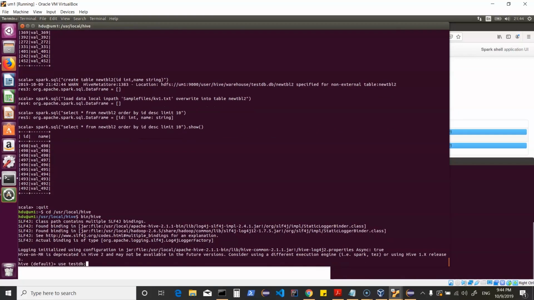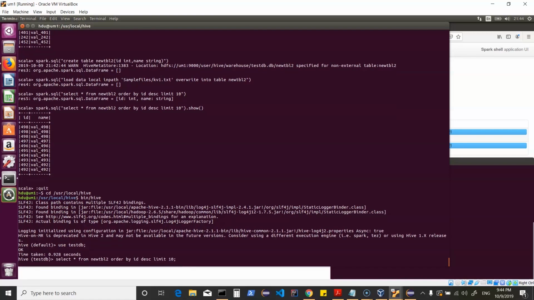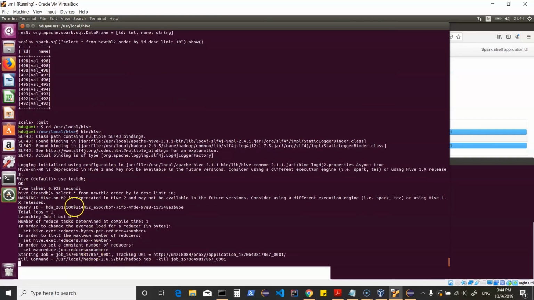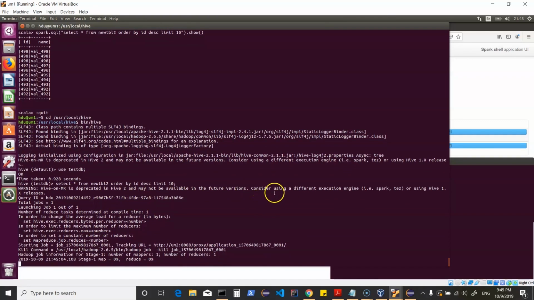So I can do use testdb, and if I say select star from new tbl2 order by ID descending limit 10, and just run this, now you will see that this triggers a MapReduce job because Hive uses MapReduce. It also mentions on the first line that Hive on MapReduce is deprecated in Hive 2 and will not be available in future versions.